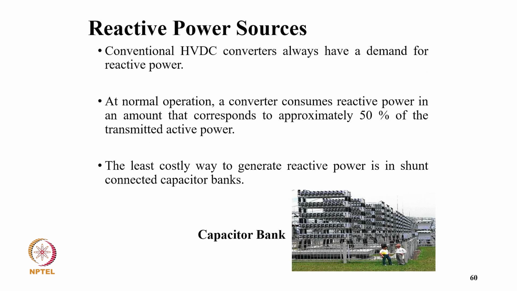Now coming to reactive power sources, the conventional HVDC system always creates a demand for reactive power because of thyristor phase control. At normal operation, a converter consumes reactive power in an amount that corresponds to approximately 50% of the transmitted active power. The least costly way to generate reactive power is the shunt connected capacitor bank,